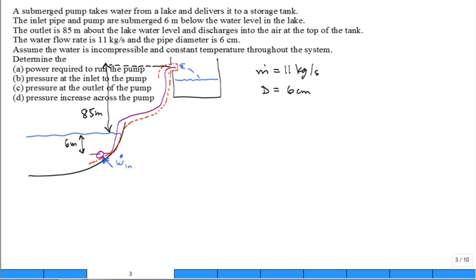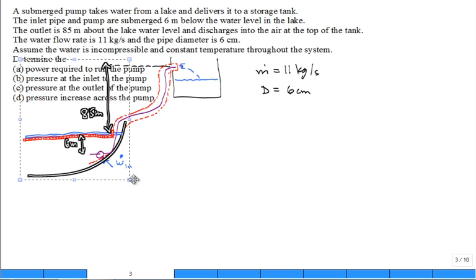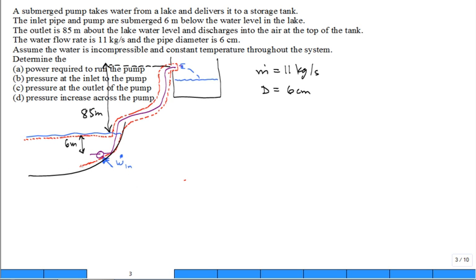And then it takes a little bit of judgment to put the other boundary. I'm going to do this. I'm going to put it an inch or a half an inch or a couple millimeters or something like that below the water level in the lake. And just go on and on. All right? And here, go along the bottom of the lake, and then finally it'll come up along the other